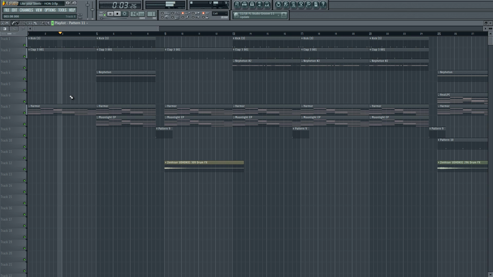Starting off with kick, clap and my cool reverb synthesizer, along with the main chords of my Moonlight EP, and then you have a little bit of a clap to transition into the next part. That clap is also within a drop, and there's nothing in that drop besides the clap, right? And now we go into